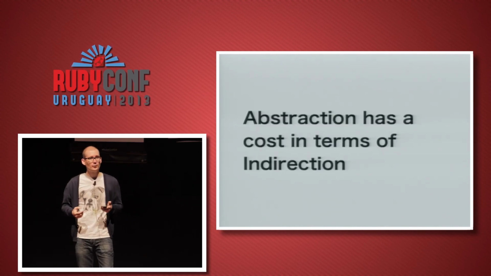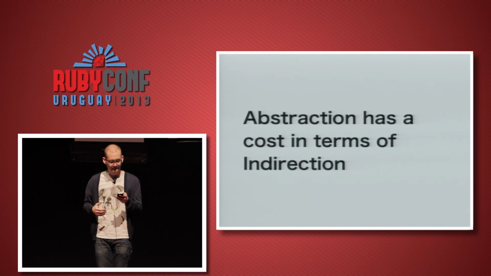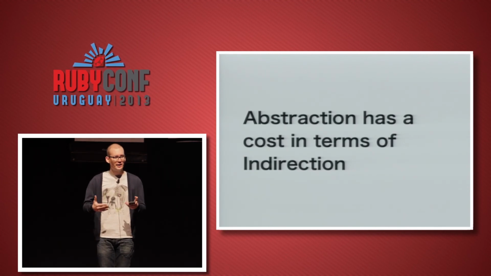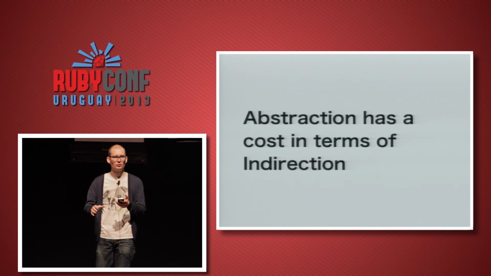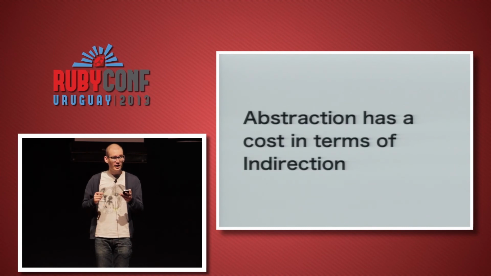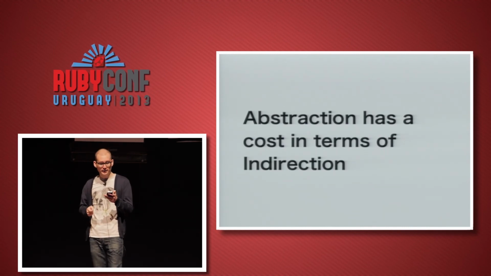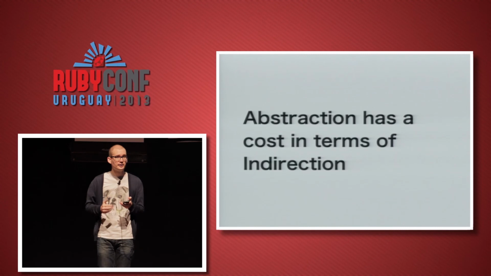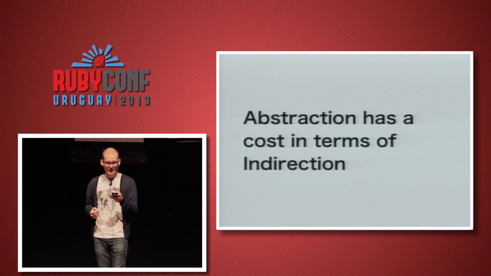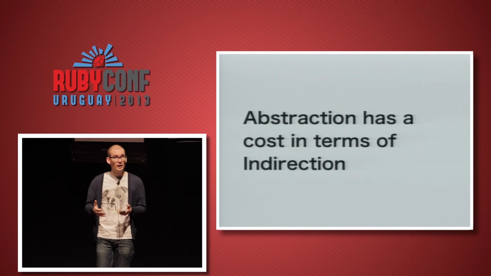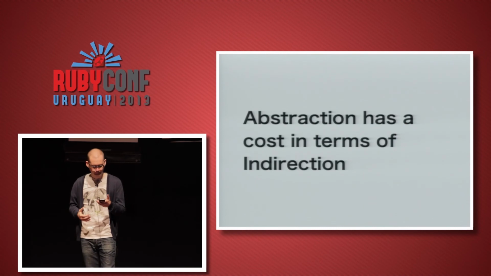So every time that we add a new level of indirection, for instance, when we extract some code to a service object or to a concern, as we did in the first example, we have to be aware that we are incurring a cost. We might be increasing the cognitive effort to debug our code. The benefits may very well justify the cost, but it's important to be aware of the costs, I think.